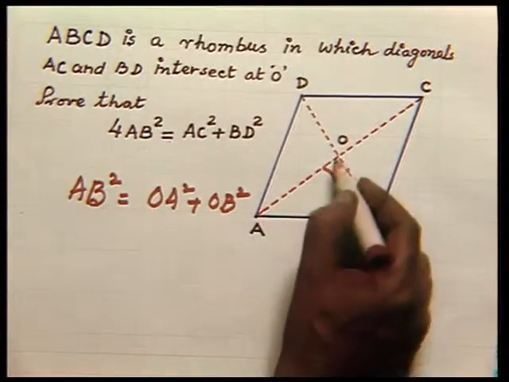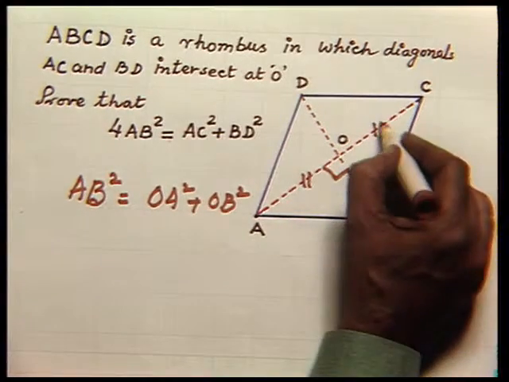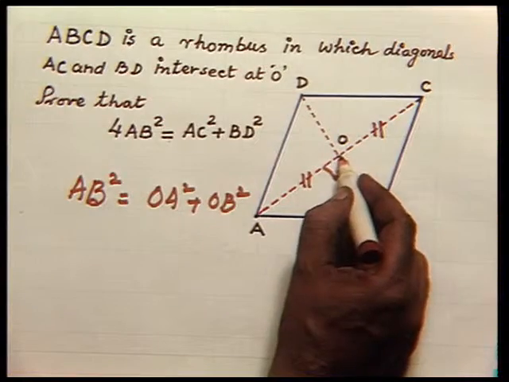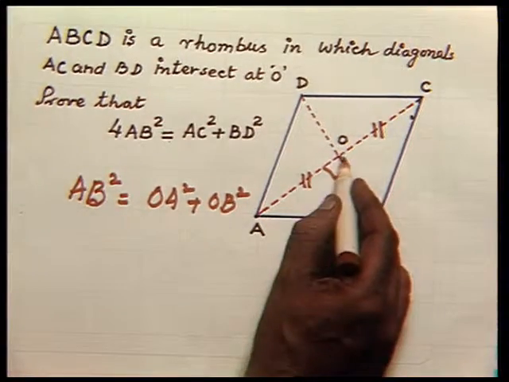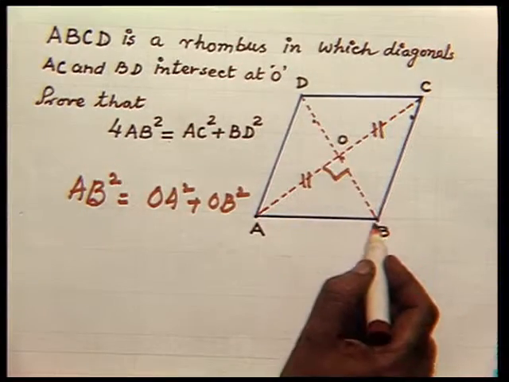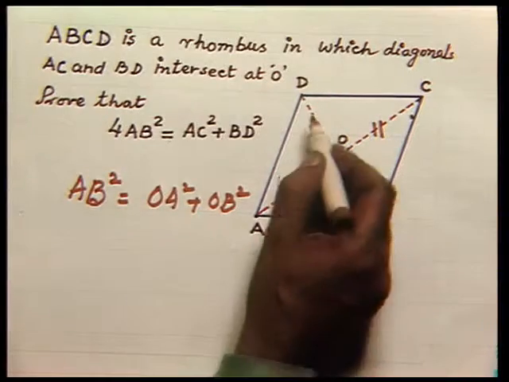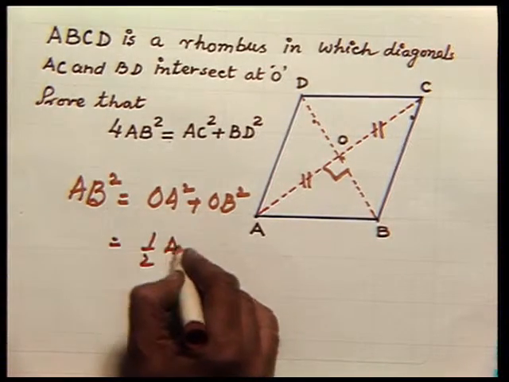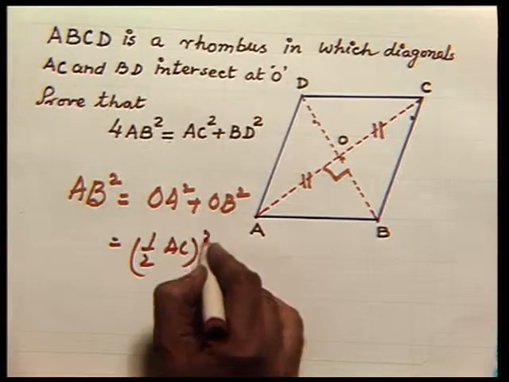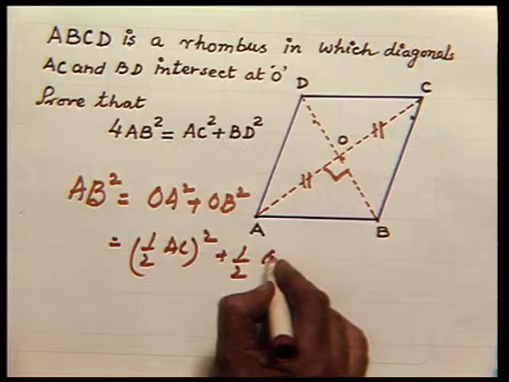That is, AO is equal to OC, or we can say that AO is equal to half of AC. Similarly, BO is equal to OD, or if we want to say OB, we can write it as half of BD, replacing OA by half of AC whole squared plus half of BD